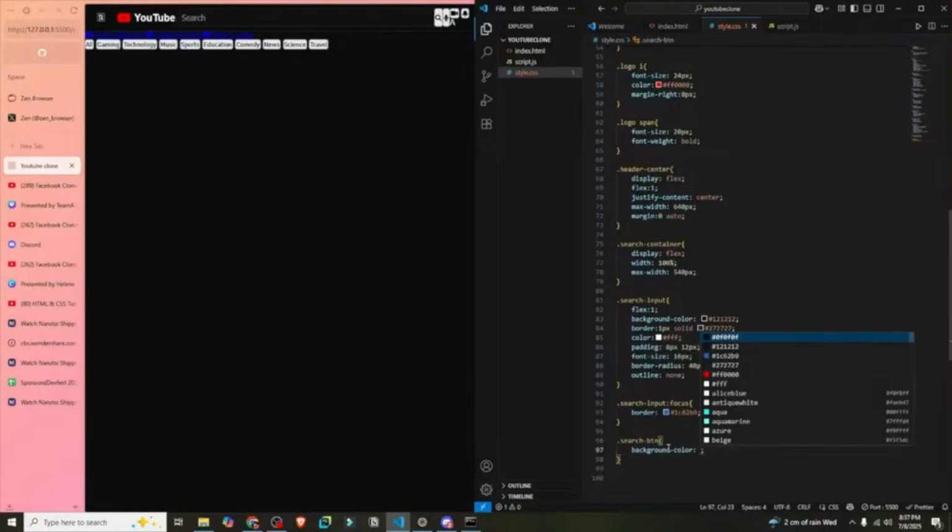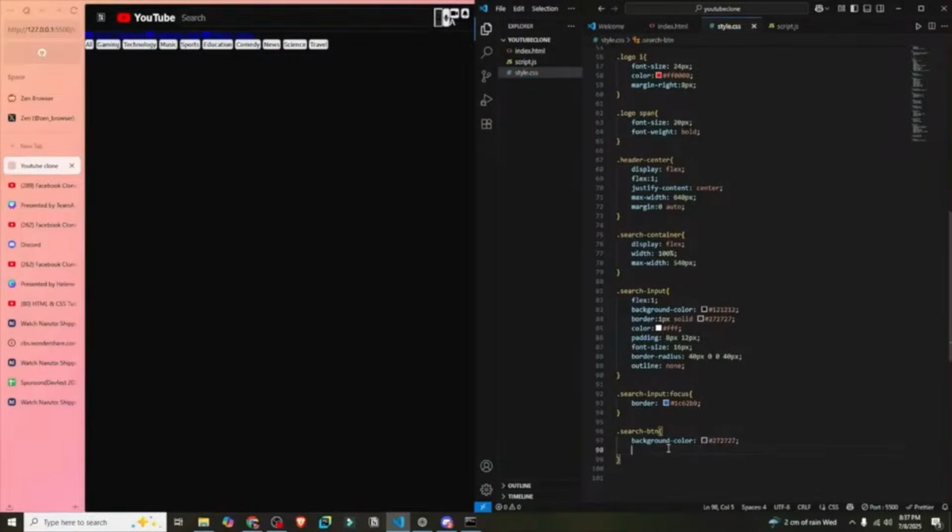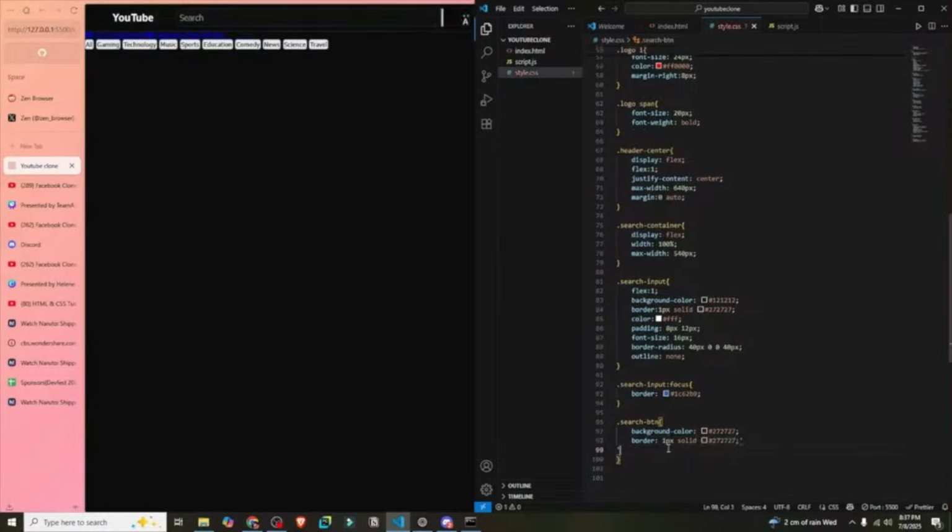Background color, this will be 272727, and then after our background color, we'll have to put in a border of 1 pixel, solid, and this border color will be same as well, 272727. Now after our border, we'll give this a color yet again of FFF,